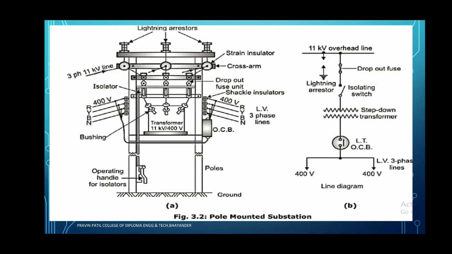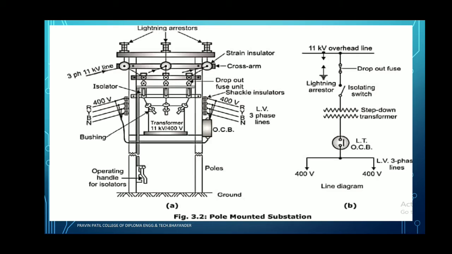It is the protective device which provides protection to the electrical power system. In case a fault occurs, the fuse element melts and provides protection to the other electrical equipment. Next, the isolating switch. The main function of the isolating switch is that if it is closed, it carries the continuity of the supply from one end to the other end. If the switch is open, then it discontinues the supply.